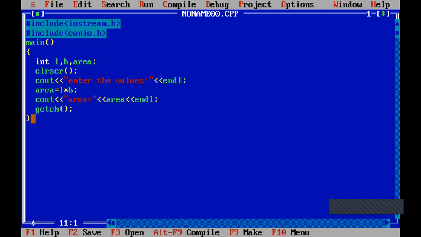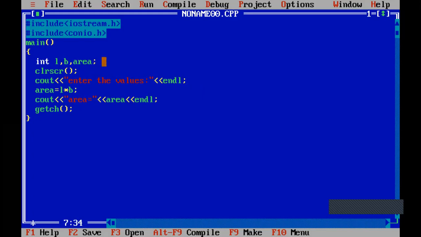Apart from this, I have told you about colon and semicolon. Each line in C++ ends with a semicolon, and these semicolons are called terminators. Just as you make use of a full stop in common language to end a sentence, here, to end a particular line, we make use of a semicolon.